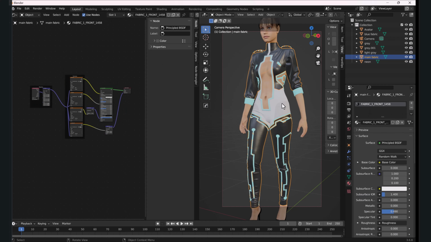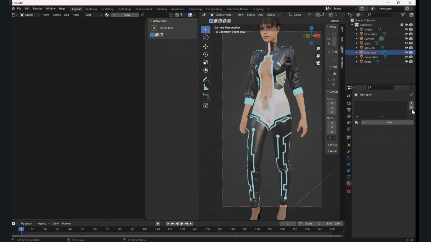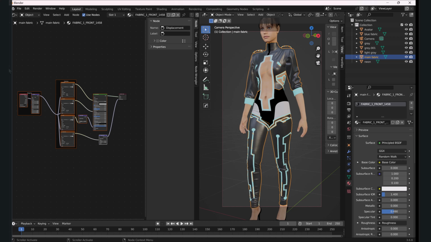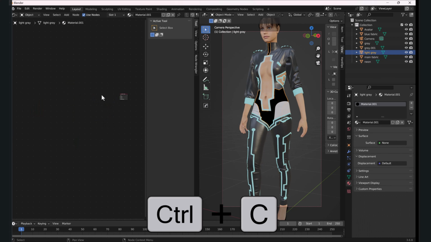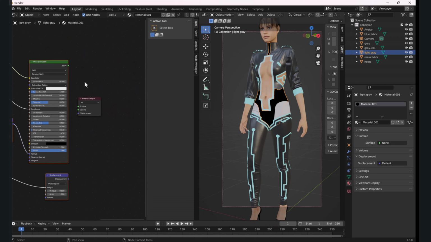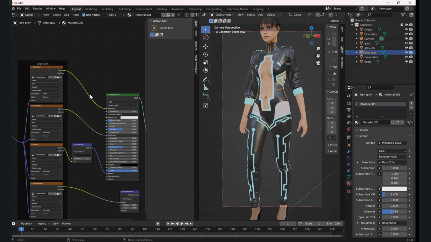Now I select my main fabric. I delete everything that it has. I add new. Okay, I'm going to choose the same thing that I had here. So copy. Now the only thing that I should do is add it to the surface. If I'm going to change the color,